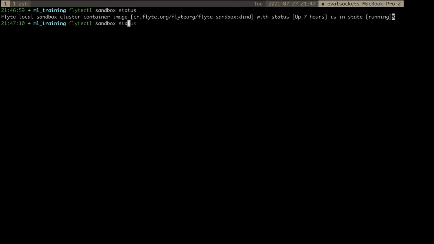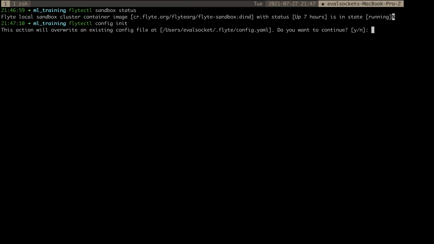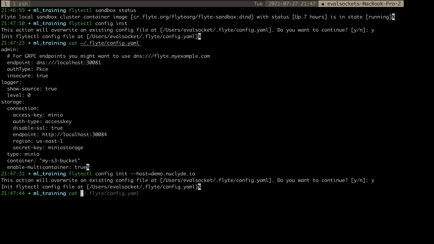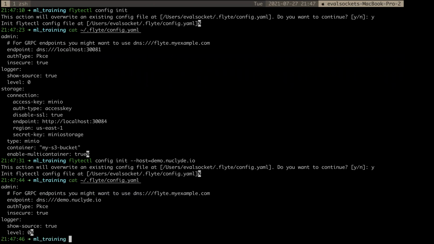Okay, so if you want to create a config for this cluster, we have a config command that I want to show you. If you run that command, it will automatically create a config for you in the home directory. And by default, Flyte automatically picks the config from the Flyte directory. So you can get the same Flyte config using the same command. And if you are doing it for a remote cluster, then you can pass --host like this, and it will create the config for the remote cluster in the same way. Now, when you have the config ready for communication with the sandbox,